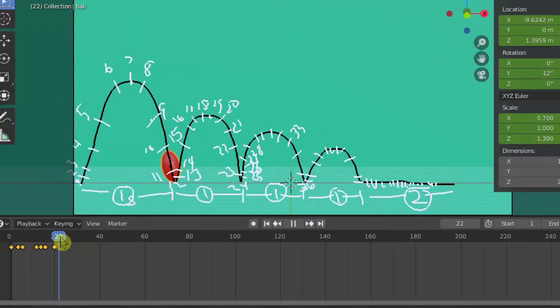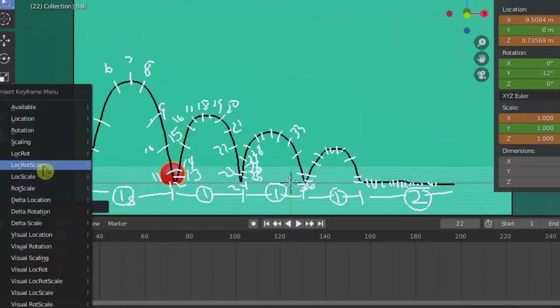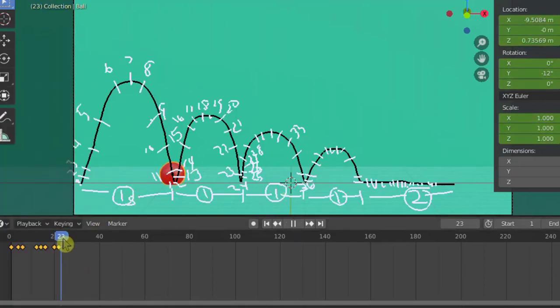Now go up to 22. There's where we want to be. I'm going to G, grab it, Shift Y, move it down just a smidgen, and I'm going to turn that into a round ball. So just 1, 1, 1. Okay, it's round again. Hit I, insert Loc Rot Scale keyframe, go up to 24, grab it, Shift Y, gonna bring